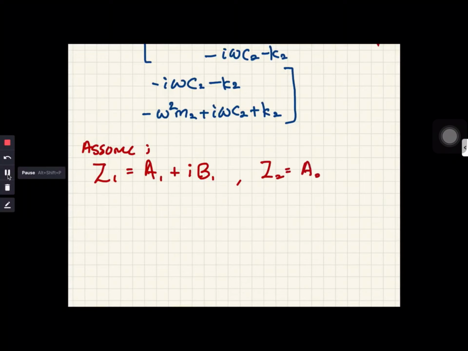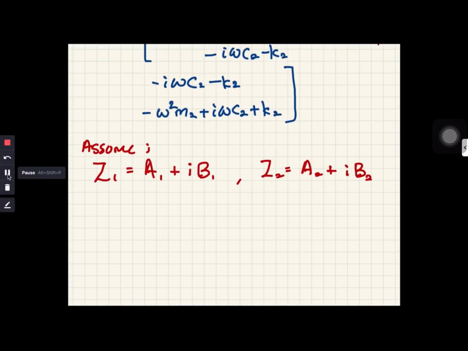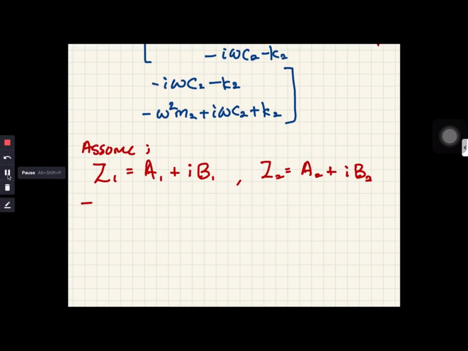So A1 plus iB1. Then to find the response, which is z1 and z2,